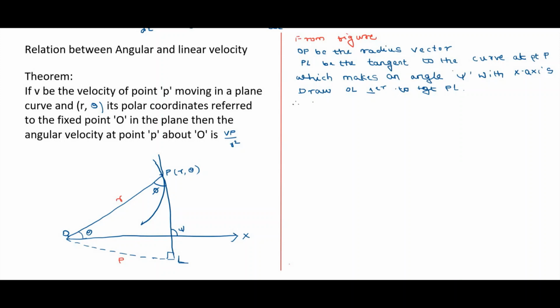Therefore, from the right angled triangle OLP, sin phi is equal to